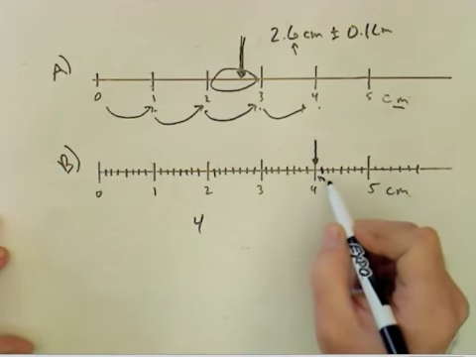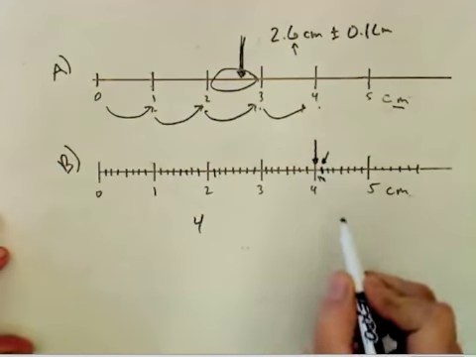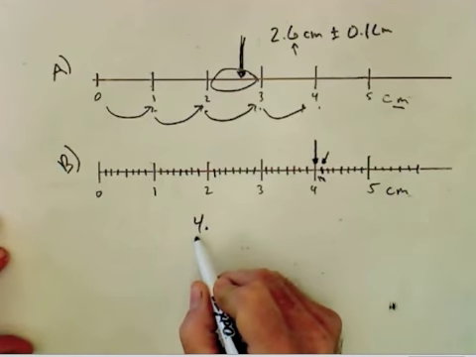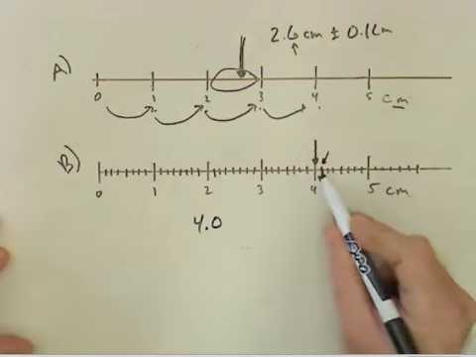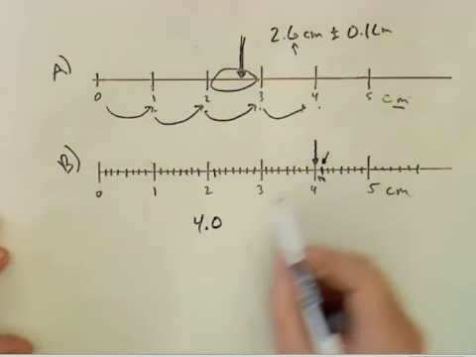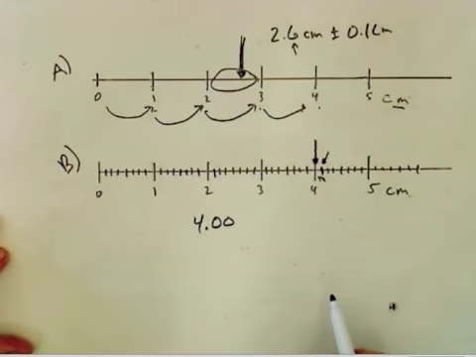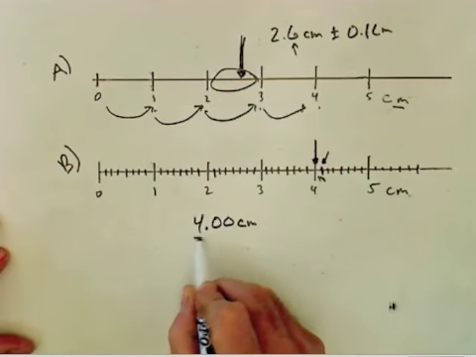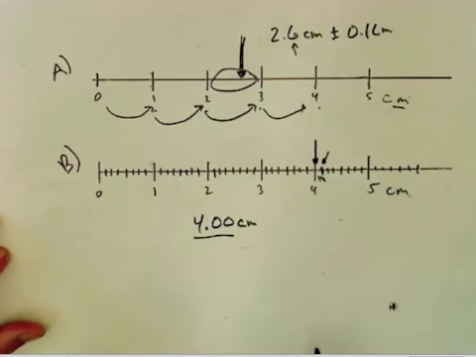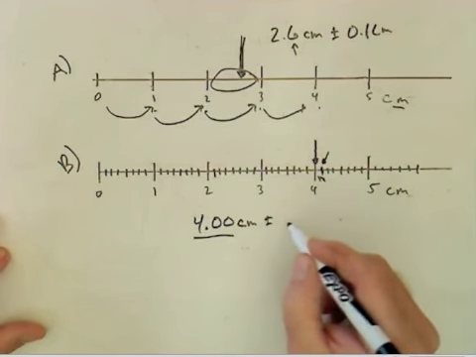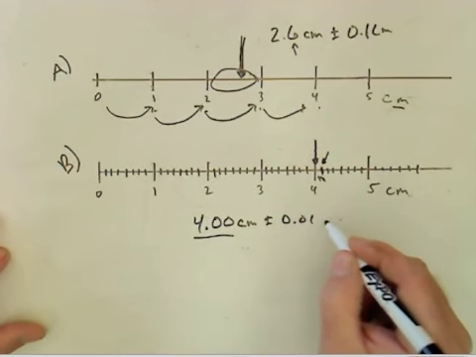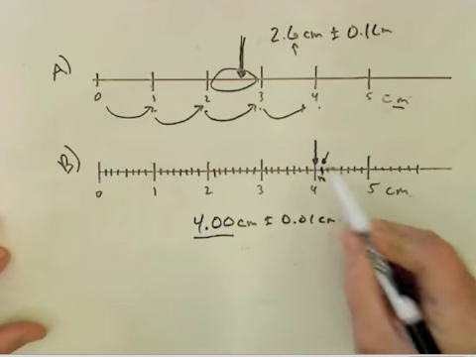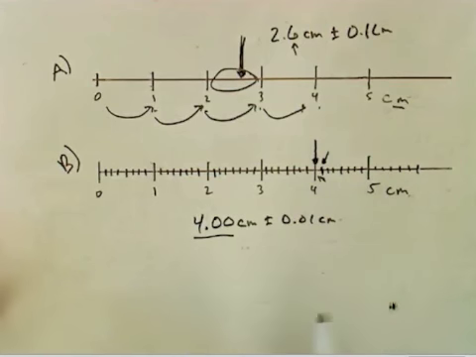So this ruler has a tenths place, so I will guess the hundredths place, and I will say, well, it's definitely 4 centimeters. It did not make it to the 0.1 centimeter, and I think it's right on the line, at least pretty close, to the hundredths place, and I would say this measurement is about 4.00 centimeters, and I'll put plus or minus the place I guessed. I'm saying that in the hundredths place, at least as near as I can tell, that has 0 hundredths,